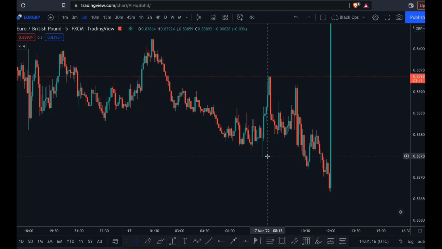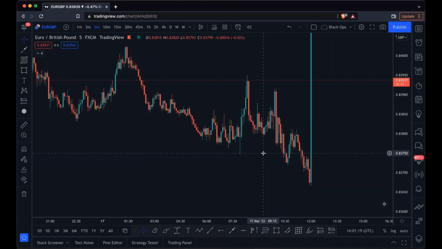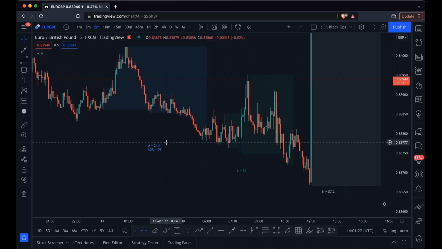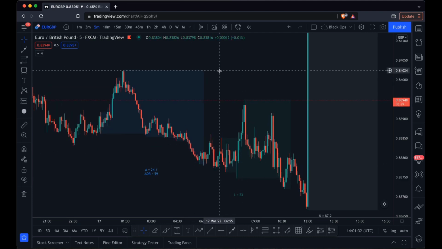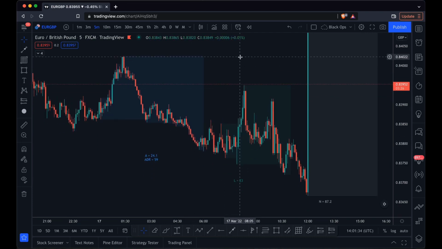Now let's move on to a secondary example of where I show you how this stop loss method can help you in times of unexpected fundamental news. So this was actually a trade that I took yesterday on Euro GBP, and what I was looking for was an Asia low liquidity sweep and then price to rally to the Asia high. So if I just put that on very quickly, so we take the liquidity below Asia low and then we rally to take Asia high. So that was what I wanted to happen